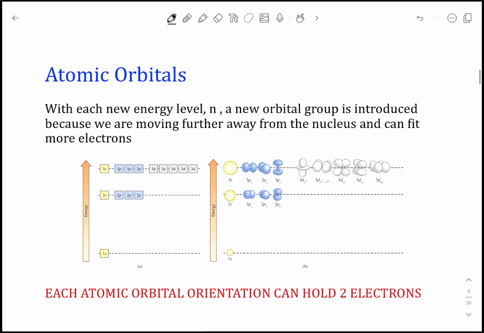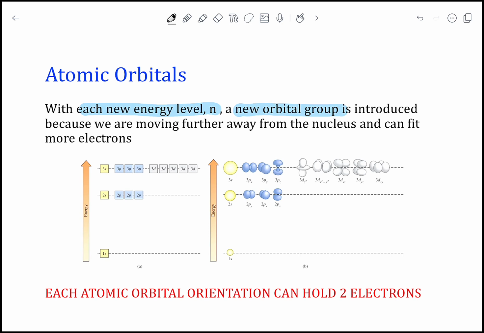Now in our previous chapter we talked about energy levels, electrons moving between energy levels. So our orbitals are going to be dependent on those specific energy levels. Specifically, each new energy level n comes with a new orbital group that is introduced, because as we're moving further and further away from the nucleus, we have more room. That orbit, if you can think about it that way, has a larger radius,